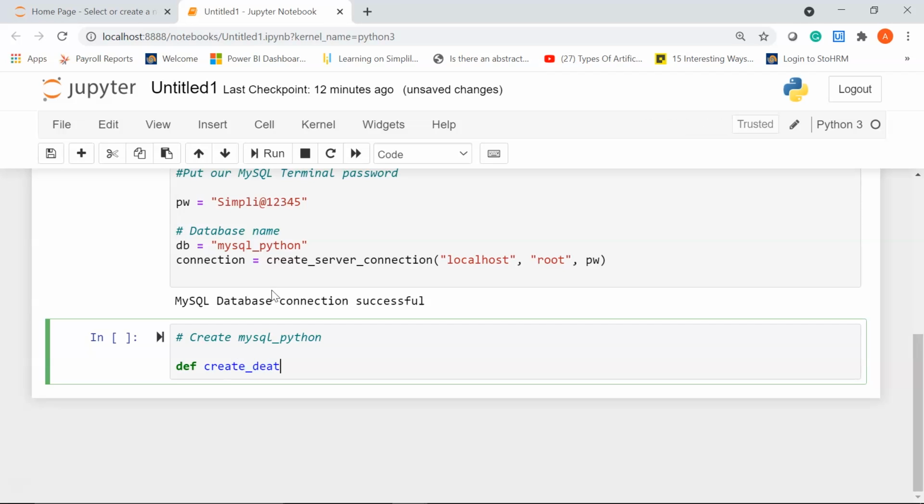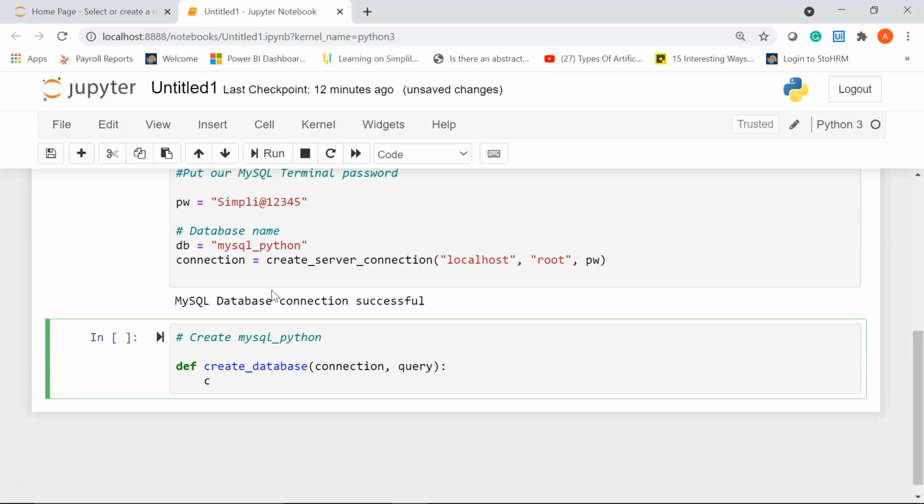I'll write the function name as create_database, pass in the parameters as connection, query, give a colon, and in the next line I'll write cursor equal to, I'm going to make the connection, so I'll write connection.cursor, and I'll give the parenthesis.